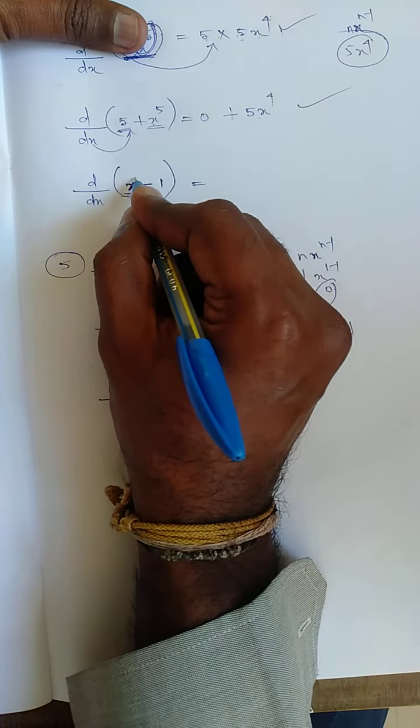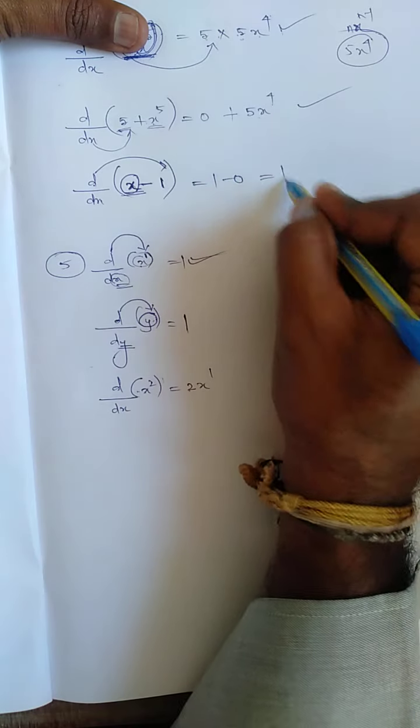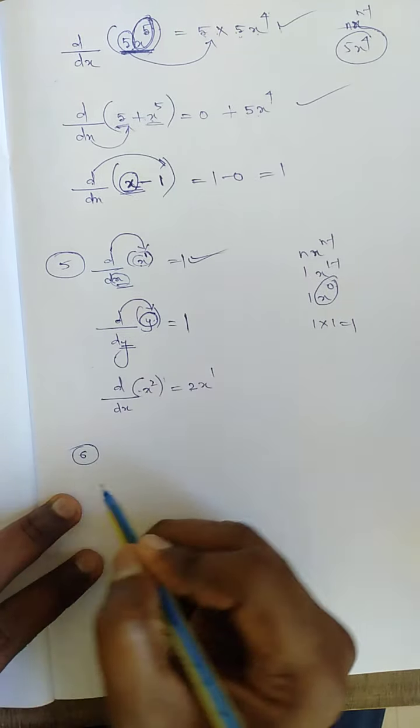So I can apply this. Both are different terms. Differentiating x with respect to x, the answer is 1. Differentiating a constant, 1 is a constant, the answer is 0. So the answer is 1 minus 0, which is nothing but 1. These are the important things you need to learn. The next formulas, differentiation of